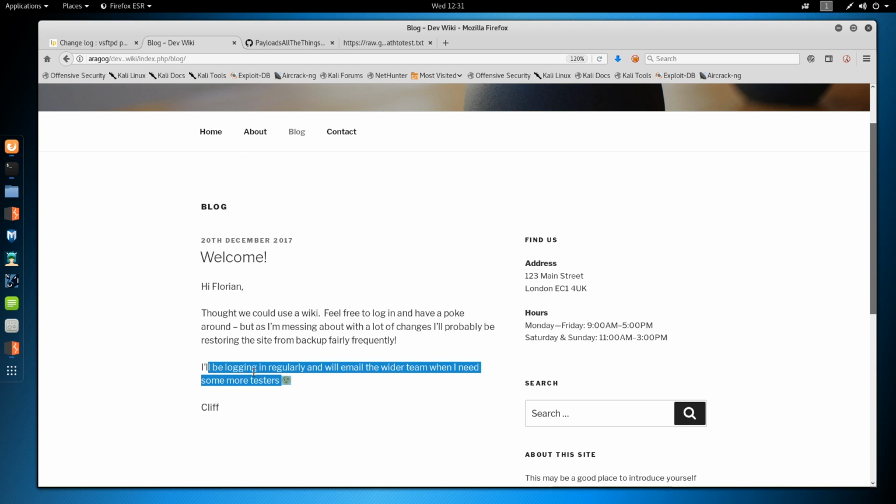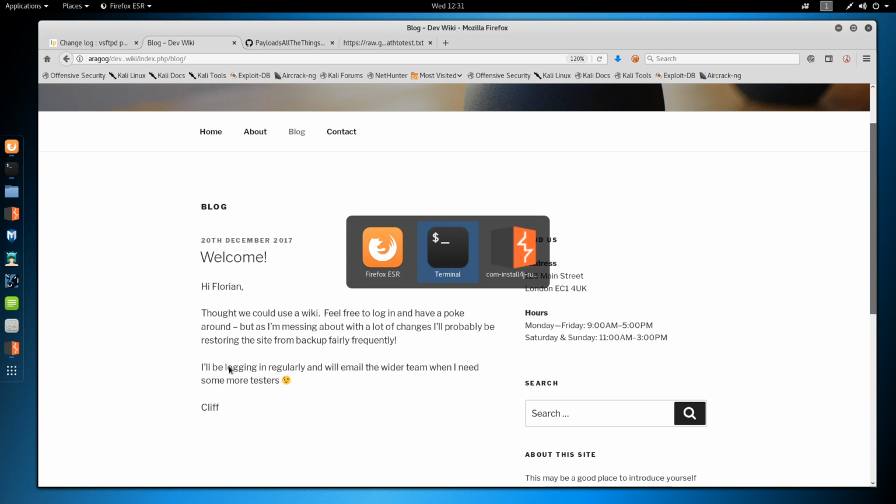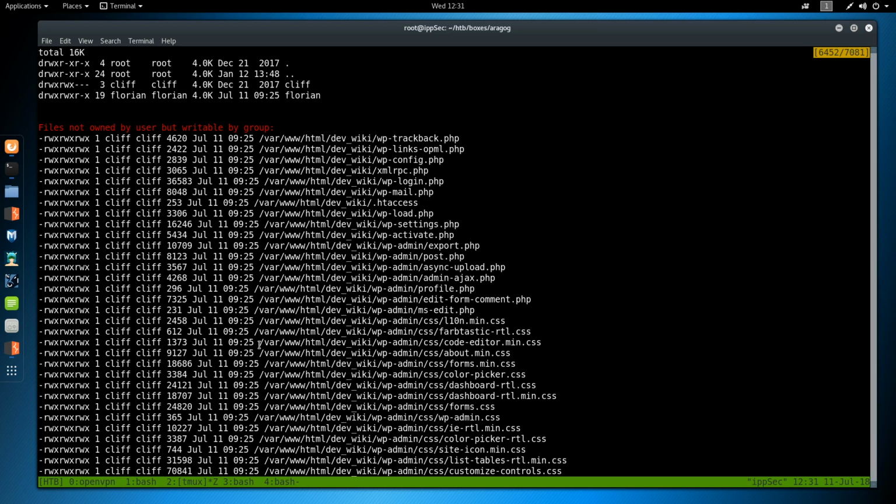This is the big hint on the box, a message from Cliff that says, I'll be logging in regularly and will email the wider team when I need more testers. So he's logging in frequently to this box, and we could do WPScan, look for XSS, and try to steal his cookie. But